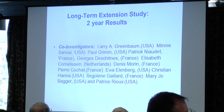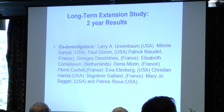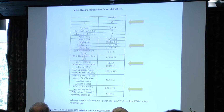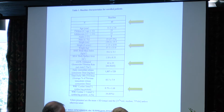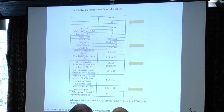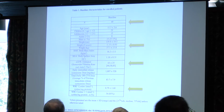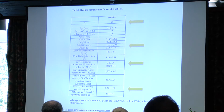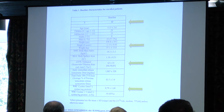Importantly, and many of the investigators are in this audience, we had a long-term extension study for 2 years. That's also been published. I just want to point out that we studied 40 patients. Pointed out by the arrows is the fact that their height z-score wasn't bad, actually, for having chronic kidney disease. It was just a little bit under a z-score of -1. Their kidney function was very similar in this trial as it was in the previous trial, at about 63 mL